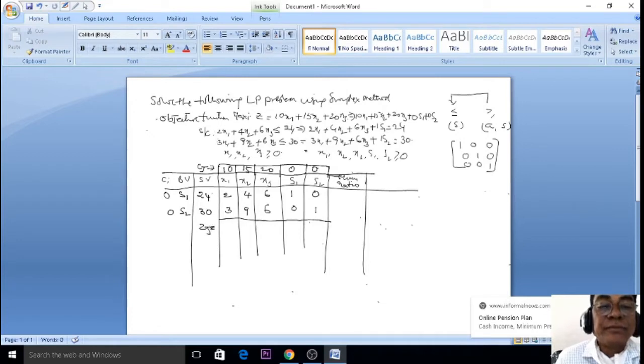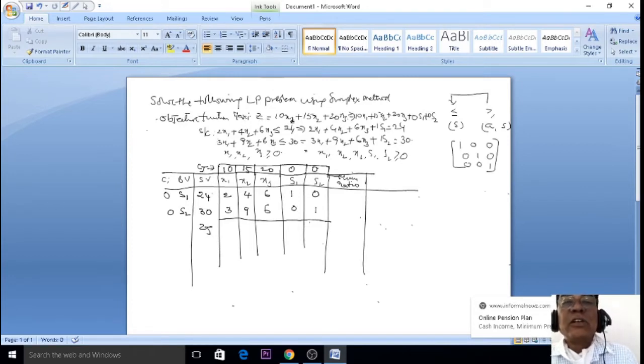Same procedure. Okay, ZJ. Please let me repeat once again. The question is given like this: maximize Z = 10x1 and so on, subject to the given constraints. The first step is to convert inequality equations to equal equations. The equations are given as less than or equal to. To convert any less than or equal to into an equation, we have to introduce slack variables.